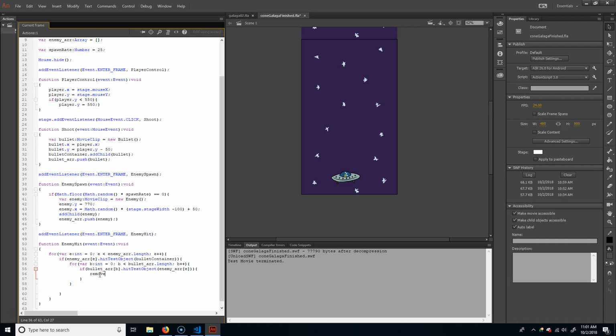So now, inside of that one, we can actually do what we want. So we're going to do remove child, and we can remove the enemy first. Enemy, and it's the one that we're currently testing. So, oops, got to put the E in there. Enemy array E. Yeah, okay. Now, and we will also do a remove